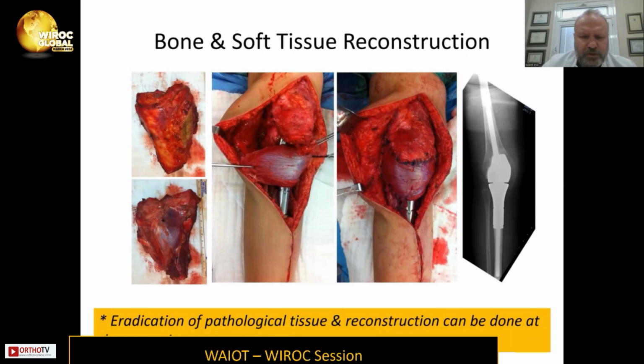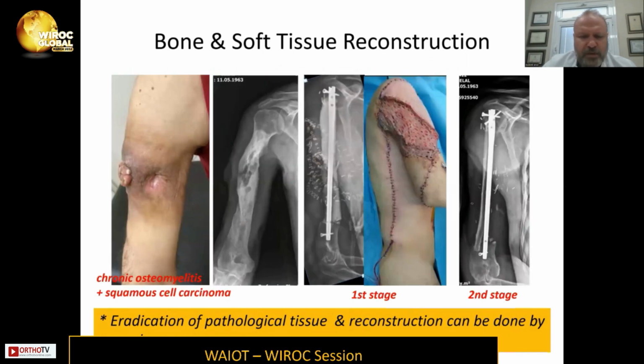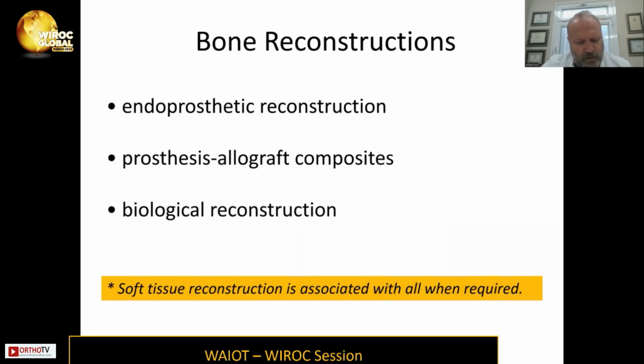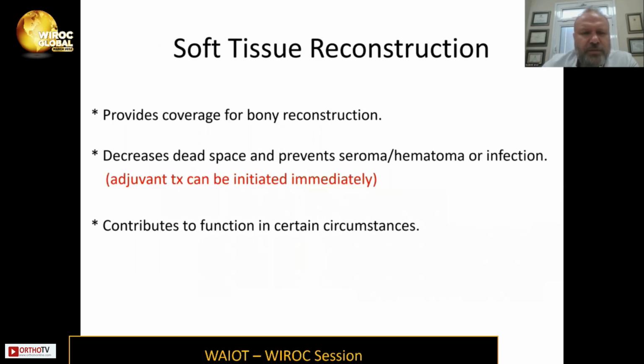Eradication of pathological tissue and reconstruction can be done at the same time or can be done by stage surgery. Bone reconstruction can be in the form of endoprosthetic or biological reconstruction, and soft tissue reconstruction is associated with all when required. Soft tissue reconstruction provides coverage for bony reconstruction, decreases dead space, and prevents seroma, hematoma, or infection, and contributes to function in certain